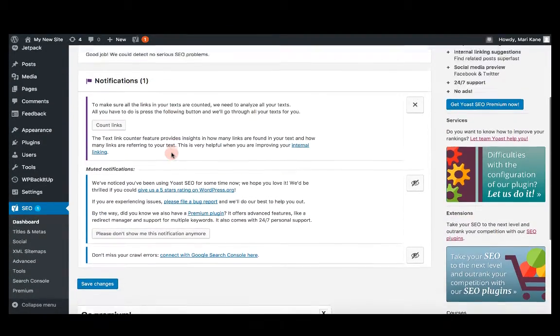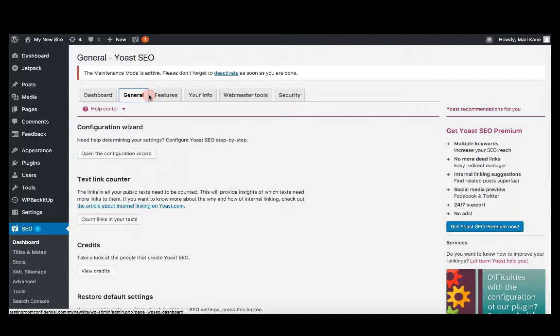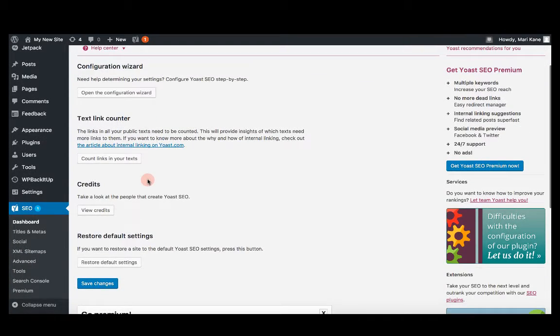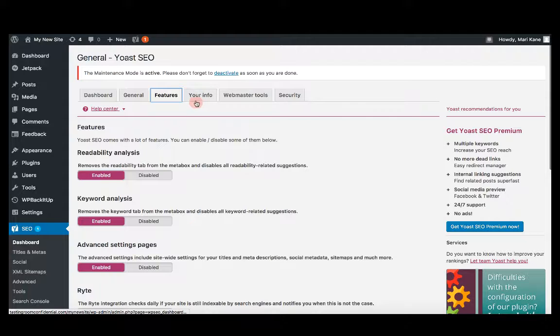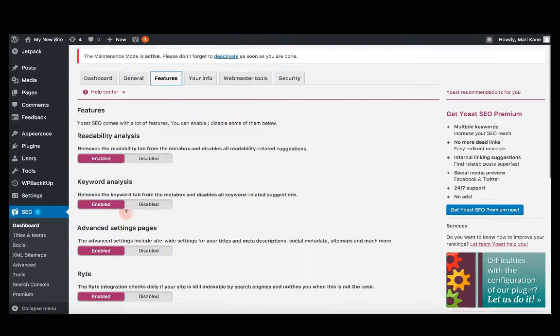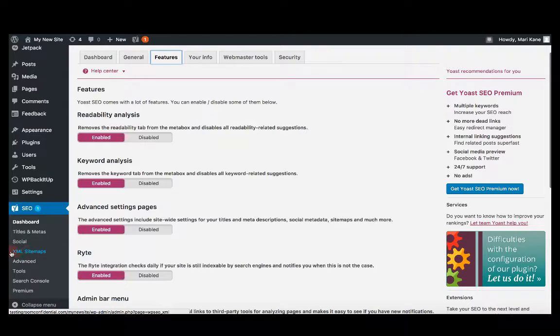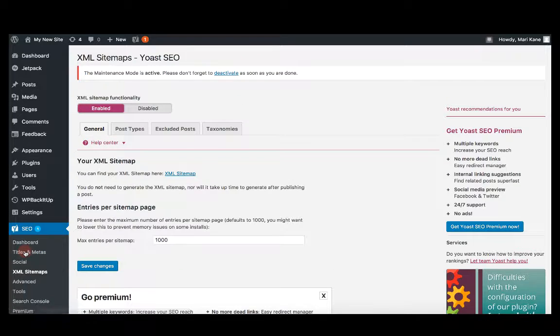Now, if you want to, you can explore more. These are all various settings. I think the more important thing to deal with right now is the XML sitemaps. Now, sitemaps are submitted to Google every time you update your blog. Like if you post a new blog, then it will update the sitemap immediately to Google. But if you want to have a look at your sitemap,